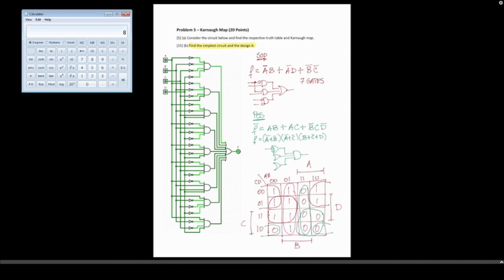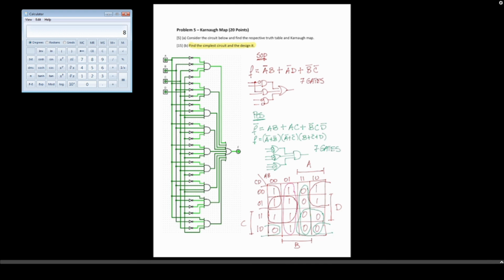And these two are negated, these two are negated, and this one is only negated in the middle. So if I count the number of gates that I have over here, I get 1, 2, 3, 4. And now notice that I have A negated 5, B negated 6, and C negated 7. 7 gates also